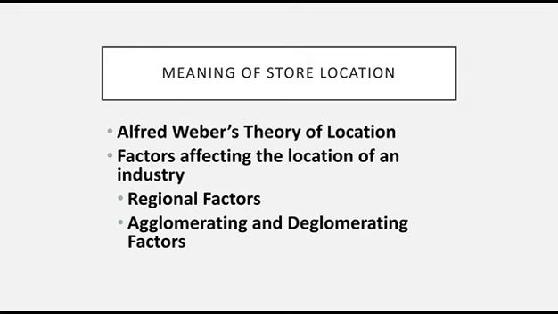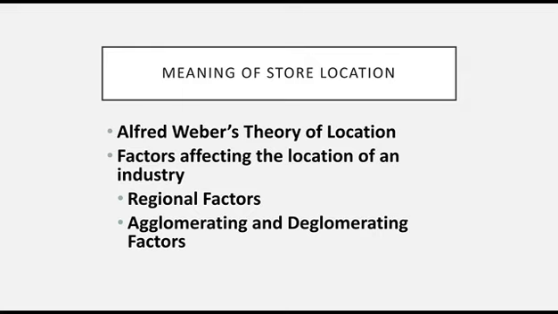Transportation costs are determined by two elements. Number 1, weight to be transported and, number 2, distance to be covered. An industry will first be drawn to that site which has the most favorable transport relations with regard to source of material and market. As far as materials are concerned, Weber classified material into